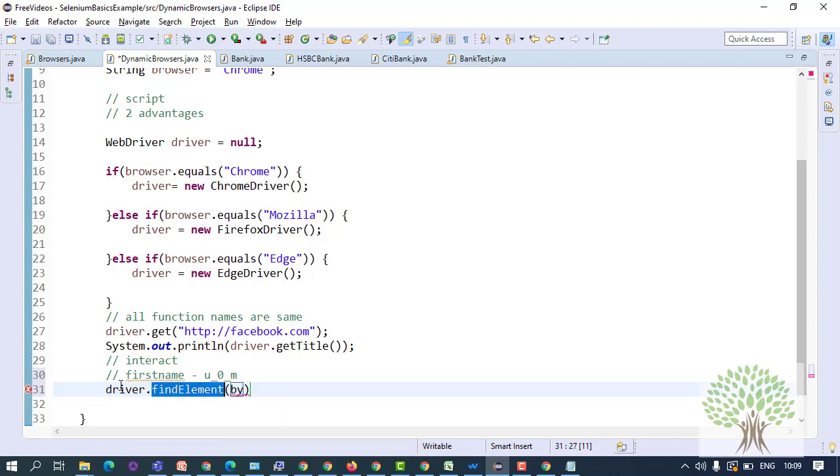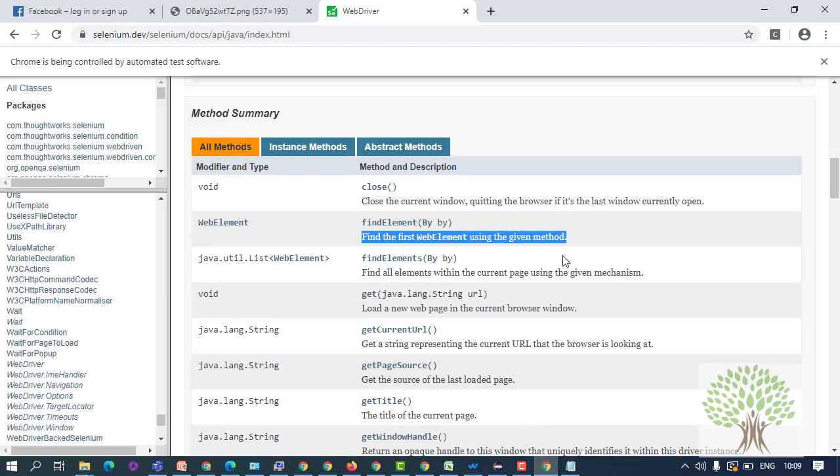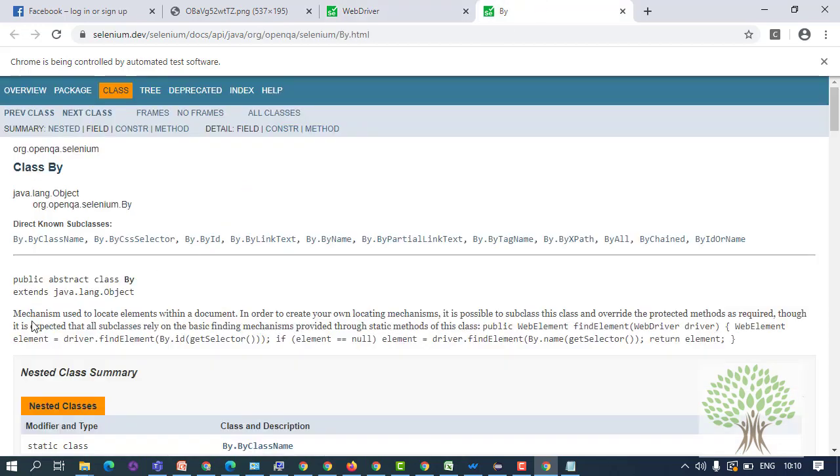Now you have to find some element. Now there are two things in Selenium. The first thing is that this function finds an element by some criteria. The criteria is defined by the class By. There is an internal class By which defines the mechanisms used to locate the elements.